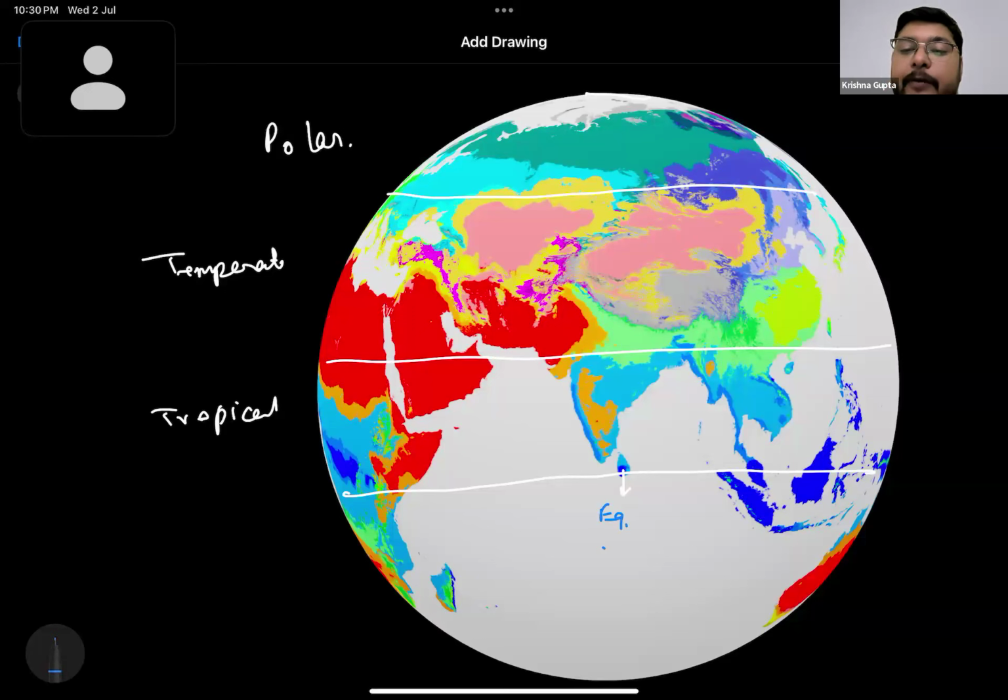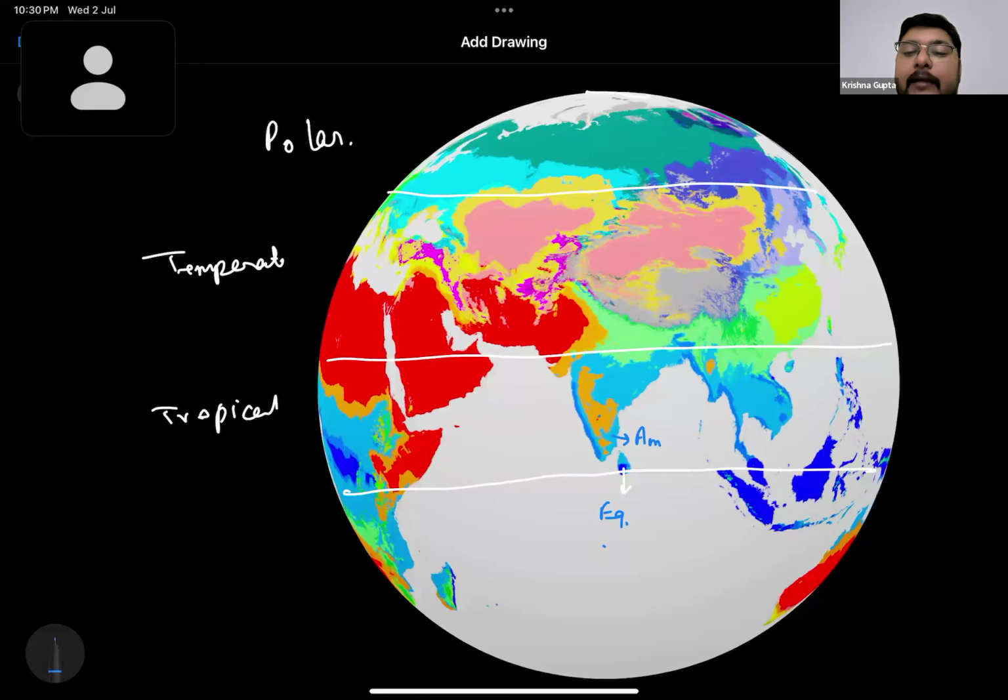Okay, this one is also equatorial, and here we'll be seeing that this is monsoonal type, that is AM. Then here we'll be seeing that this is majorly savanna towards the northern part. Here we'll be seeing that the moisture is quite less, moisture is average, and the temperature is quite low here, so it goes under the temperate type of climate. So here we'll be seeing that this is desert.